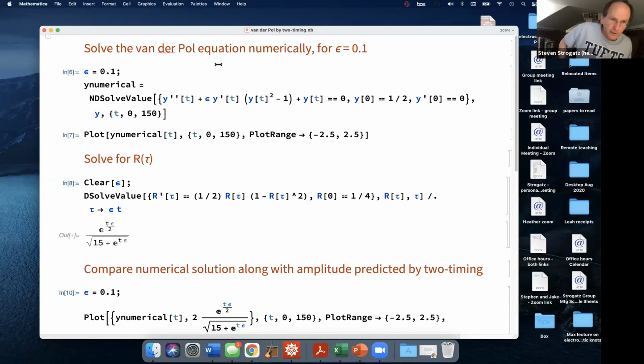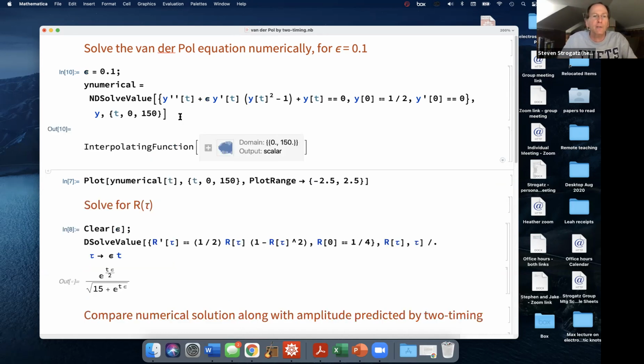So just for the sake of discussion, let me pick my epsilon to be 0.1, moderately small, not super small. I'm going to start the system at some amplitude. I picked it to be a half, doesn't really matter what that is. Remember, we're thinking it's going to go to an amplitude of 2 in the long run. So let's start it at a half. I run it for 150 time units. We think that with epsilon of 0.1, the time scale for the evolution of the amplitude should be of the order of 1 over epsilon, like 10. So this will be 15 of those long time scales that I'm running the whole thing for.